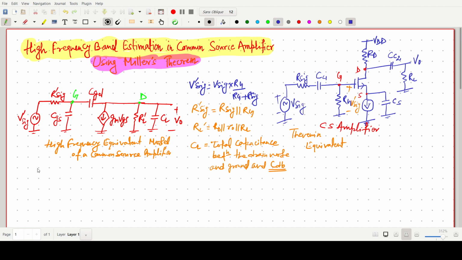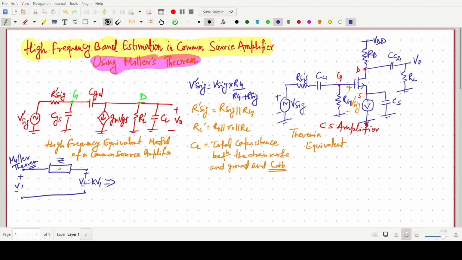So I want to just give you some hint. I have already made the Miller theorem video, okay. So you can also go to that video, but for the time being I am just saying this one is some impedance, okay, and this output voltage is somehow k times of V1. So this bridging capacitance, this one is our Miller theorem. In the description box I will share the video of this Miller theorem.